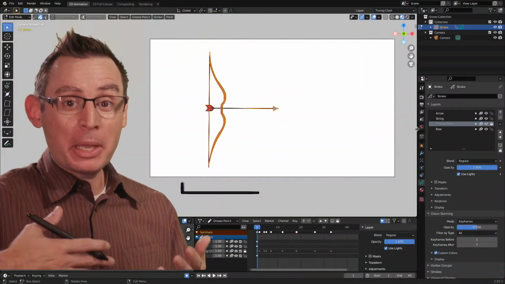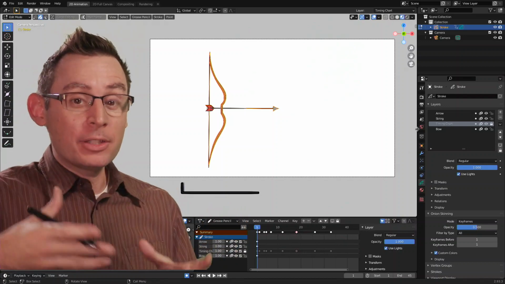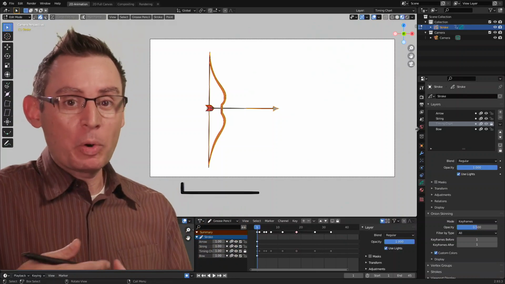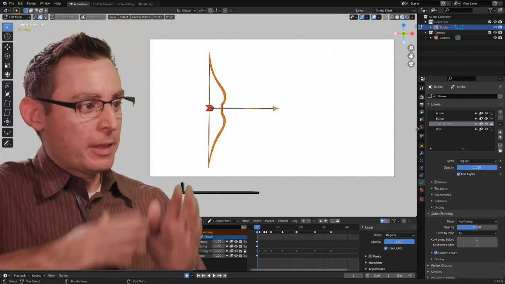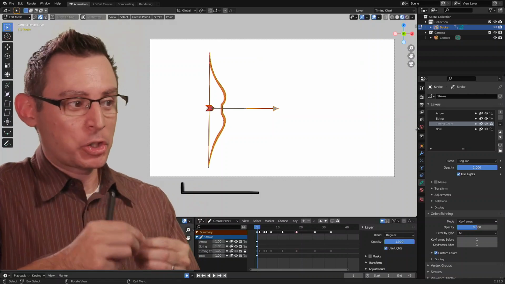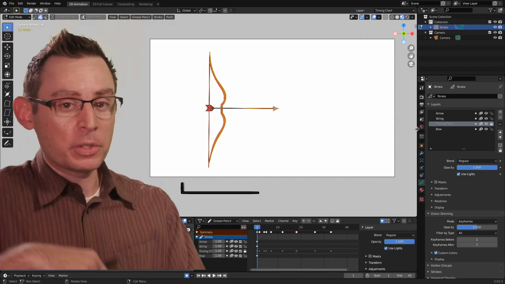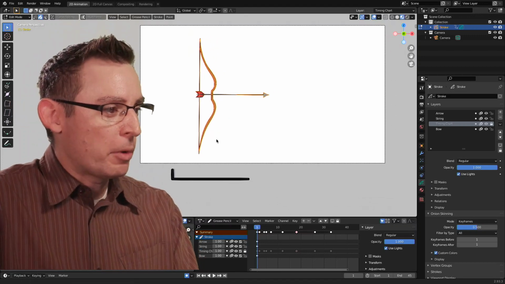I'm really happy with the overall timing that I established in my timing chart, and I'm ready to take that information and apply it to the physical keyframes that are going to represent the drawing that I have for my bow and arrow. So let's get to work in creating that structure, testing that structure, and developing the drawings for each one of those keyframes. So here we go. Let's jump in real fast.